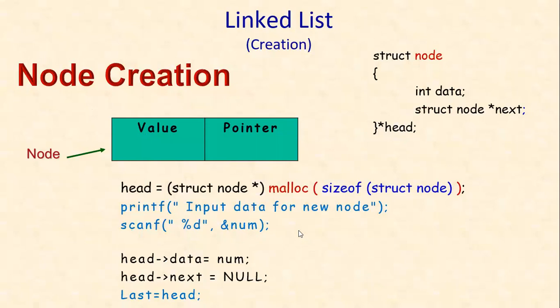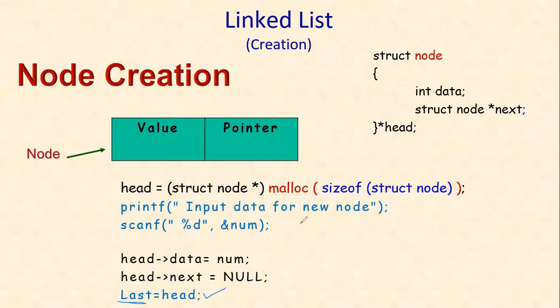Remember this, I forgot telling this. I am using another new pointer called last. We have to declare it clearly as struct node last, and last is equal to head. You have to write this because this is a head node as well as a last node. That is why I took another new pointer and placed last is equal to head, so that both are pointing to the same node.